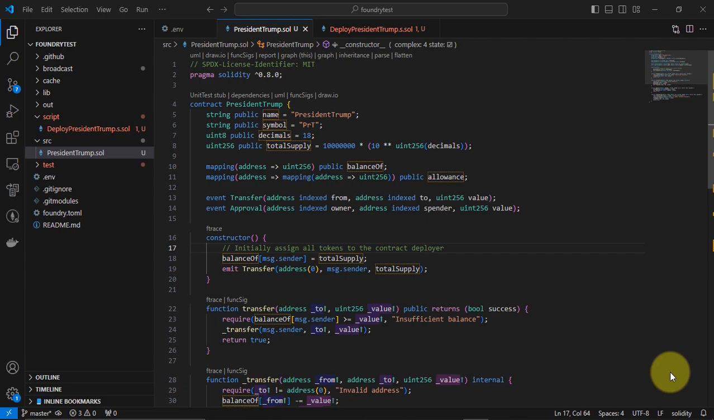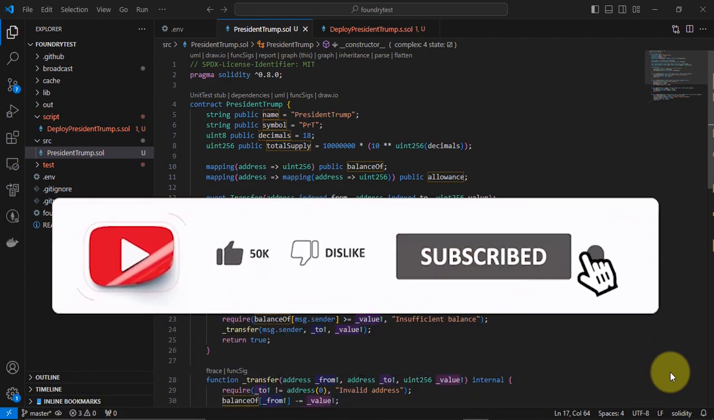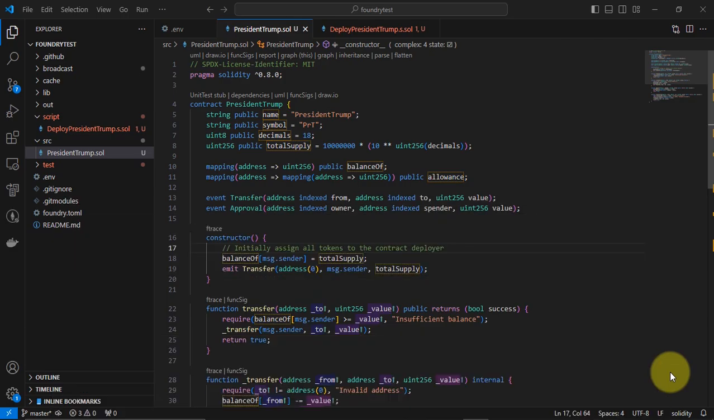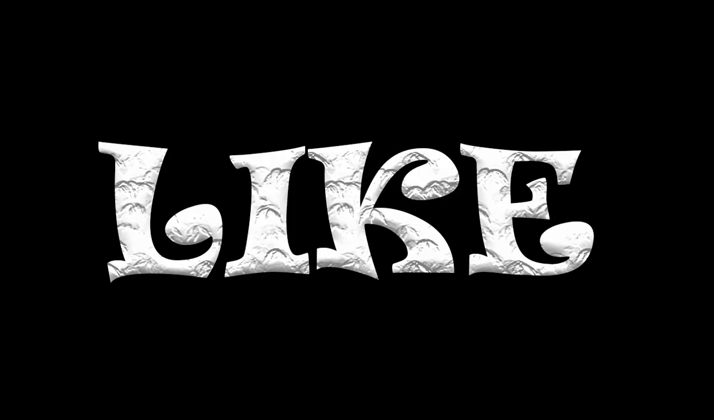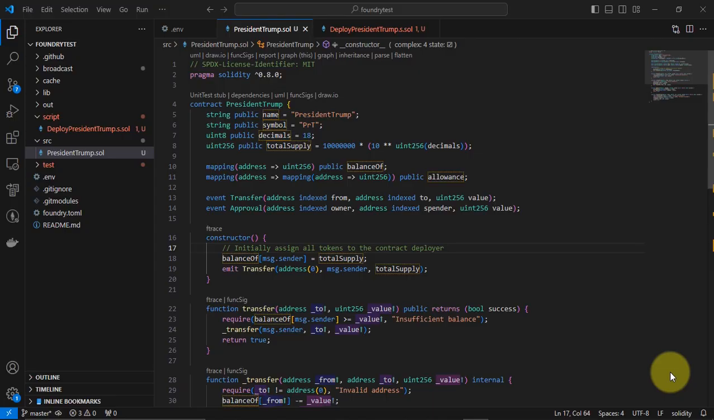In today's video we are going to be deploying a smart contract token on the Ethereum testnet. We can also deploy this token on Ethereum mainnet and other mainnets, other blockchain networks, and we're going